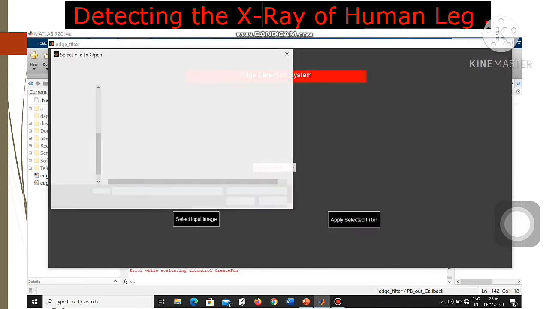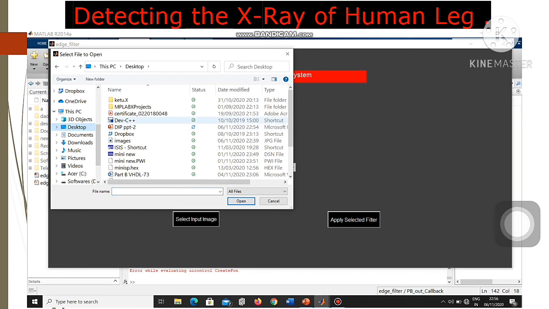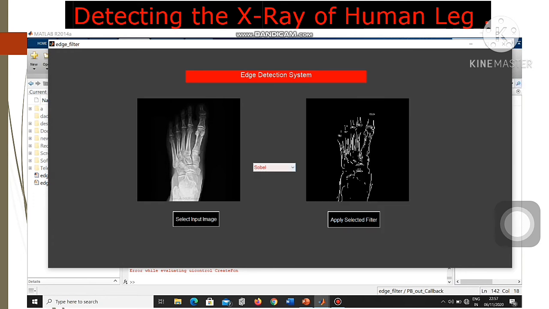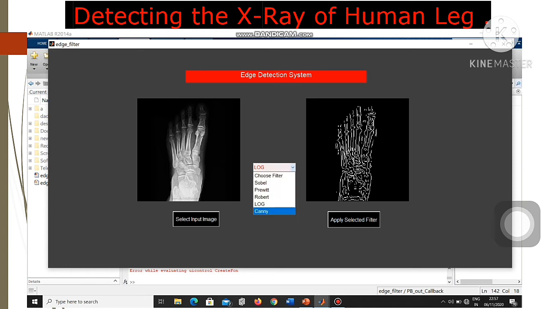Select the first picture, your human leg x-ray, choose a filter (Prewitt, LOG, Canny or Sobel) and apply it. Then you get the output of your Canny filter, Prewitt filter, Roberts filter and LOG filter.